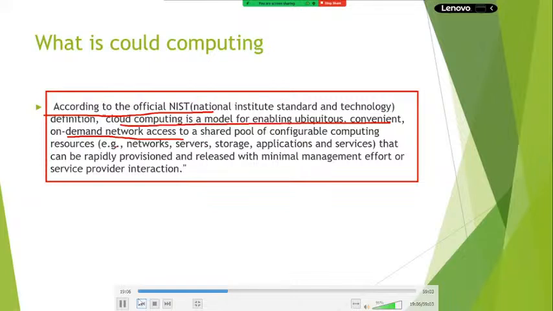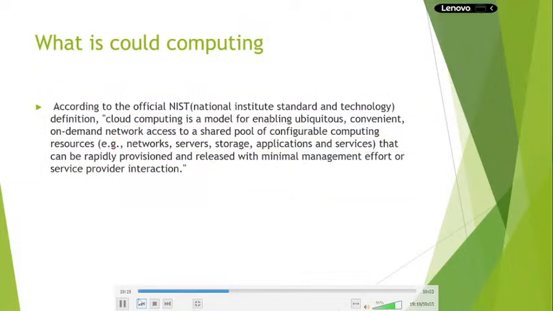Where we can provision the network, server, storage, applications rapidly and with minimal management, that is called cloud computing. If you feel that is complicated, it is very simple. Cloud computing is nothing but a collection of remote services. Just access them over the internet, that is called cloud computing.